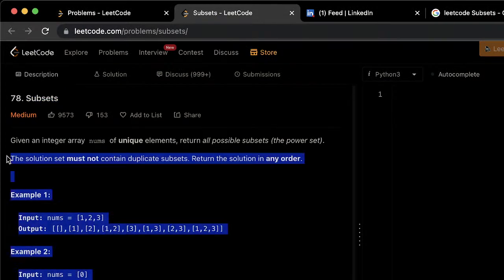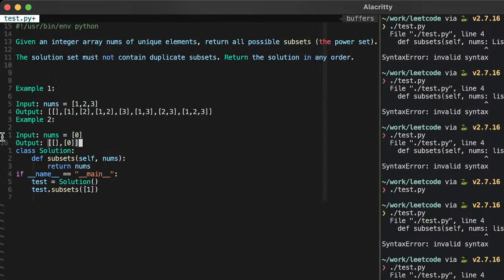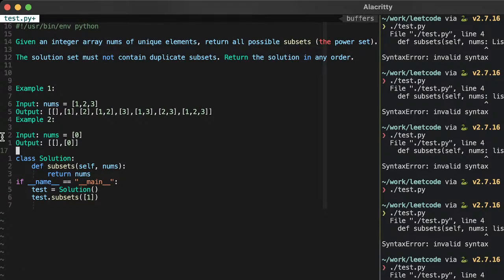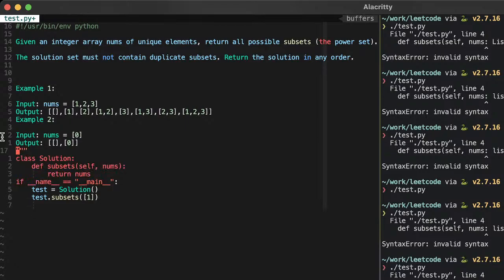Okay, so here is the problem statement. Okay.